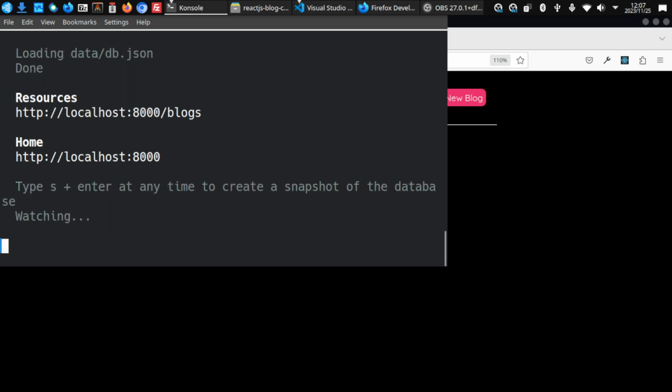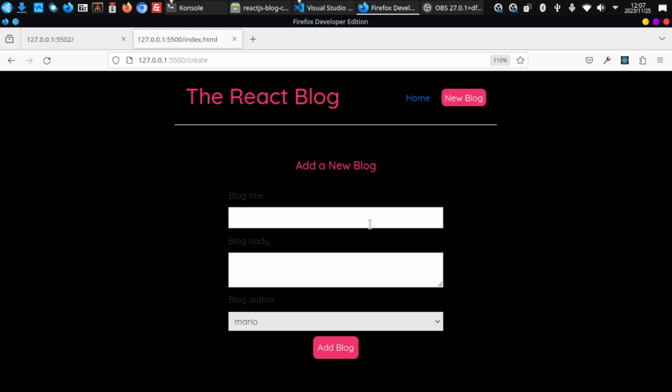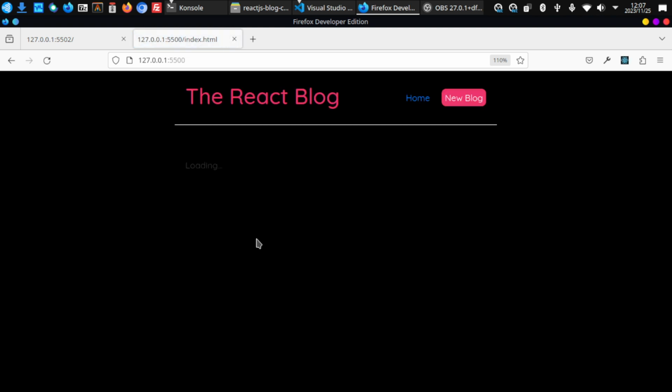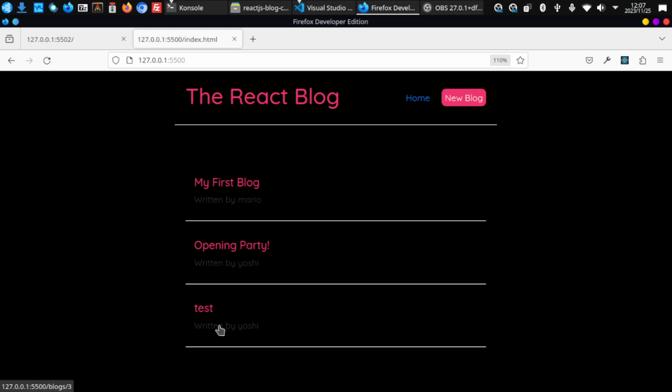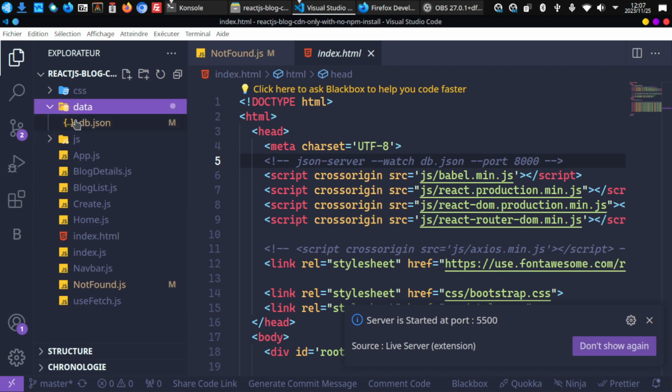db.json, and that's all there is to read. Everything will work. I have included the tips to install the npm JSON server and to start the server here. You can make a new blog as you have seen before. You can add, like, a test written by Mochi, and if you check the JSON database,